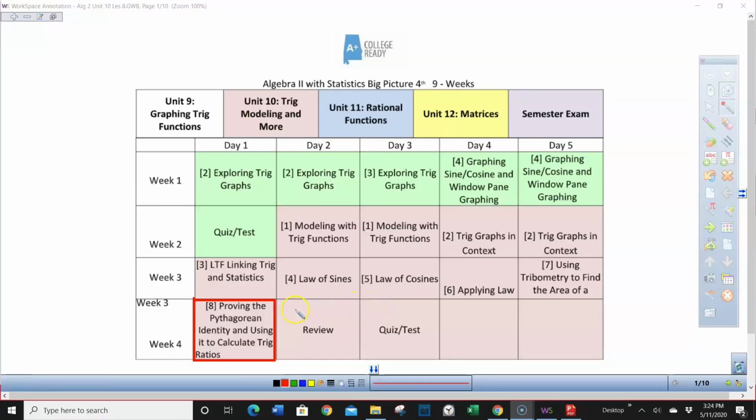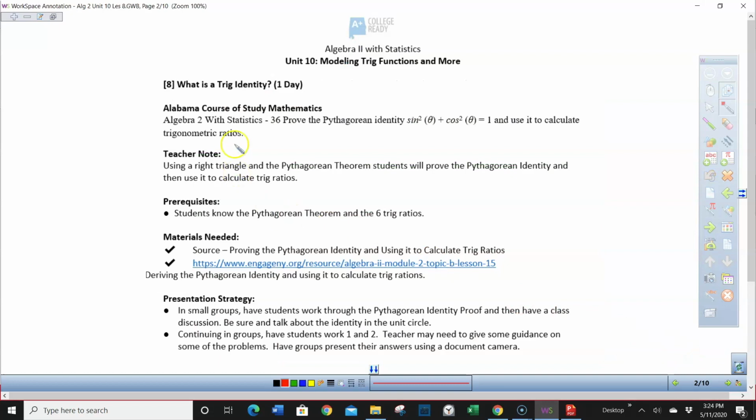In this lesson, we're going to be proving the Pythagorean identity and using it to calculate some trig ratios. Looking at our big picture, we see it's in Unit 10, Lesson 8 on Day 10, and it's the last lesson in this unit. And then when we look at the scope and sequence, just like all the others, it tells us how many days we have for this lesson, what course of study objective it covers, number 36, teacher notes, prerequisites, materials needed,